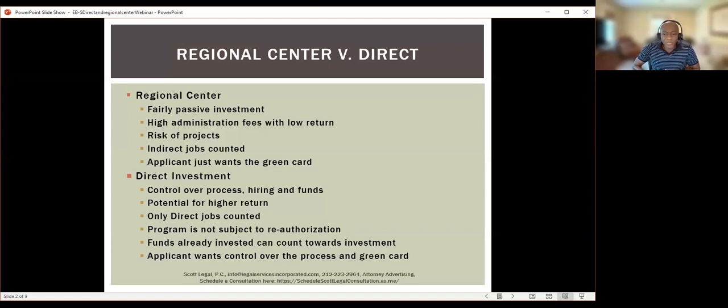There's a lot of documentation behind that, but really they are fairly passive investors. They will get a very modest return. They will have some voting ability, but not in any meaningful way. They will pay the regional center an administration fee, sometimes as much as $50,000, to cover all of the different things the regional center is doing, whether it's marketing or administrative costs for their employees, et cetera. The investment here is like any other investment.